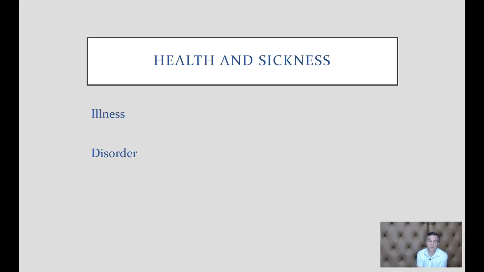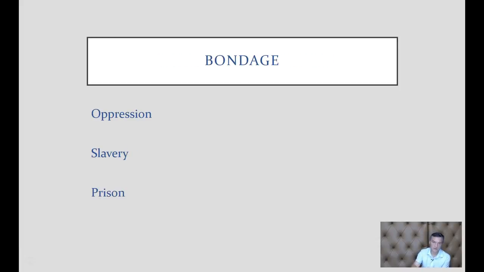Okay, so if we look at one of the metaphors for the human predicament, the health and sickness metaphor, we see this mentioned as an illness. So the reason we're in the human predicament is that we are suffering from some illness or some disorder. If you see the language of bondage, then you'll hear the religion talk about our predicament as one of being in a state of oppression,